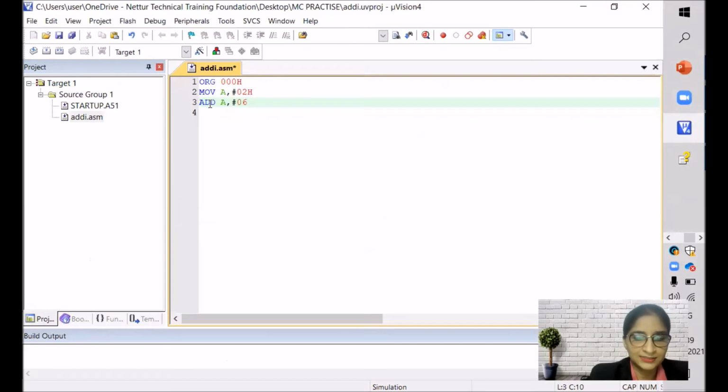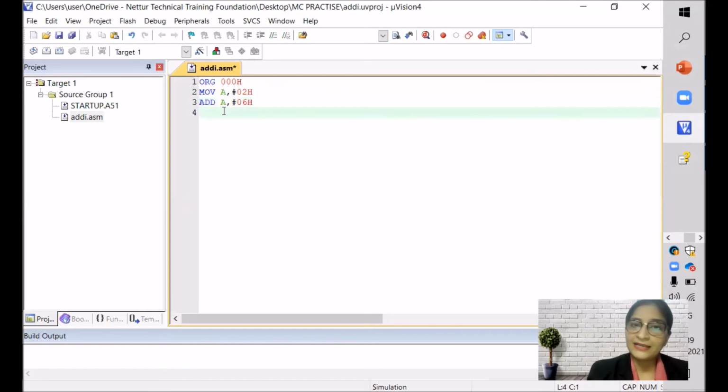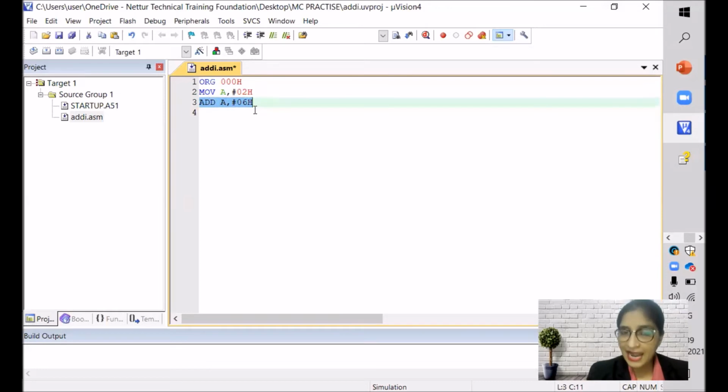Suppose you are taking 06h. So now what will happen? Till now we have taken first data in accumulator. Then with the help of this instruction, we have directly added that second data to our accumulator. So already in accumulator 02 is there. And with the help of this instruction, we are adding 06 to 02. So this is a simple way.